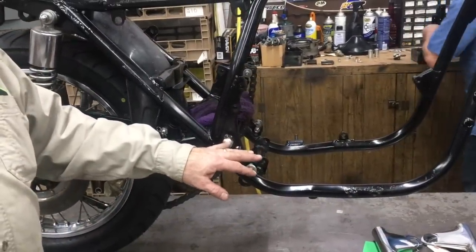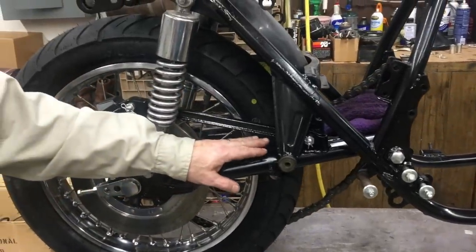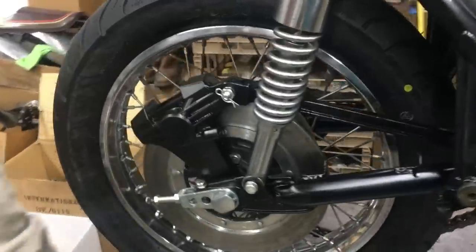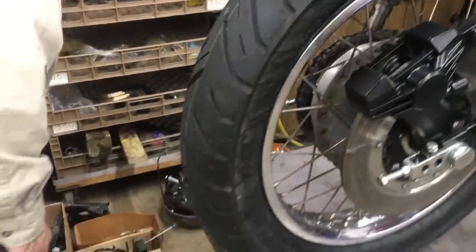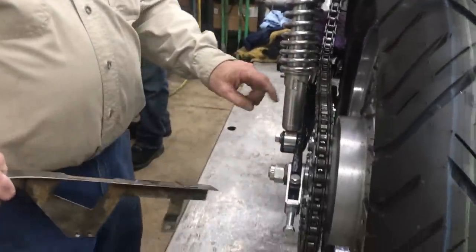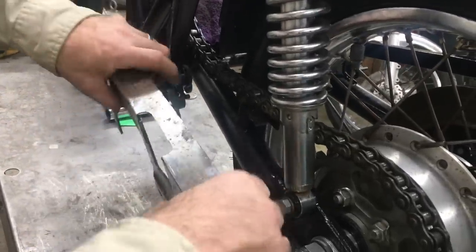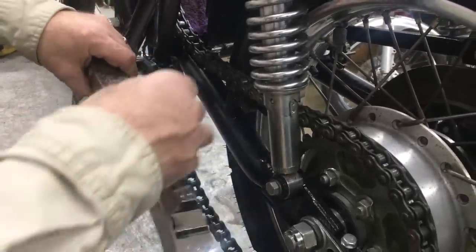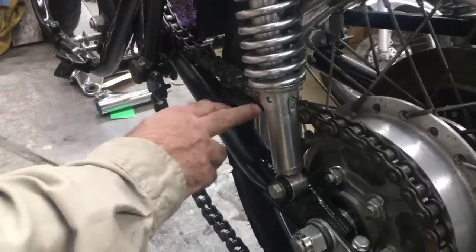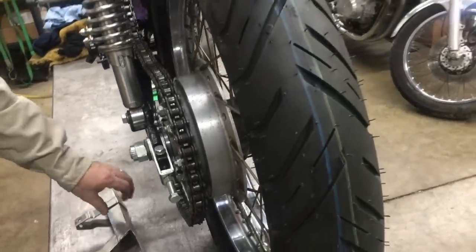Replated swing arm bolt. Now we had to put a different swing arm on it, because when we got the swing arm, it had an LTD chain guard on it. What happened here was someone had taken this tab right here, knocked it off, and put two steel brackets coming down, and they welded another bracket here, but it had grounded off here. So we had to come up with another swing arm,